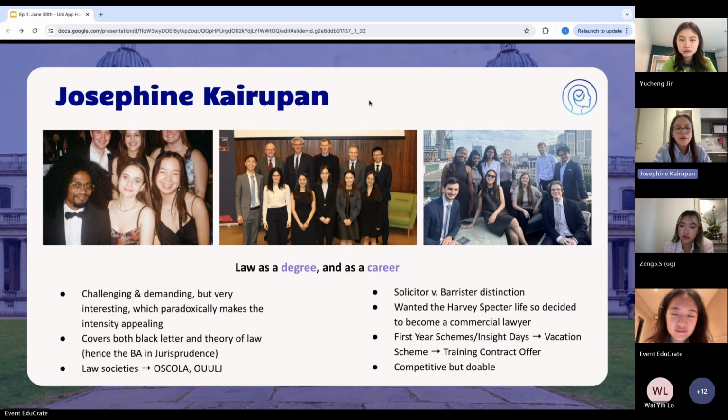I'm part of a lot of law societies. I was a member of the Oxford Law Society. I'm in the senior teams of the Commercial Law Society because I want to do commercial law, but I'm also very much invested in academia. So I'm in the Law Journal. It's an undergraduate law journal. And the middle picture over there is